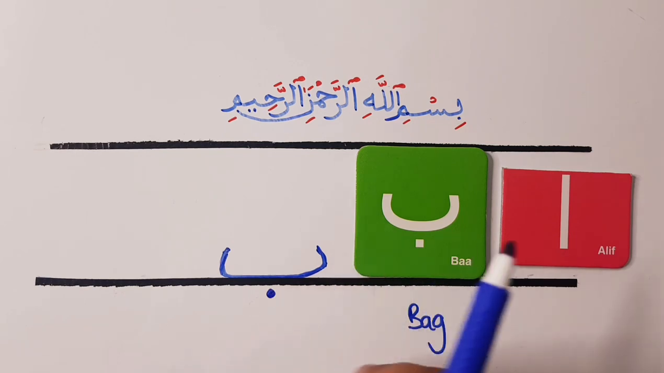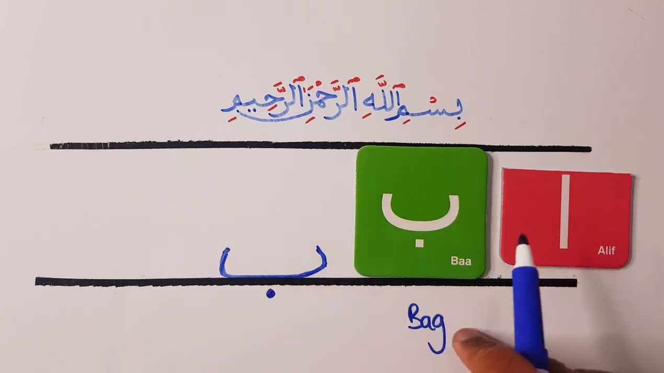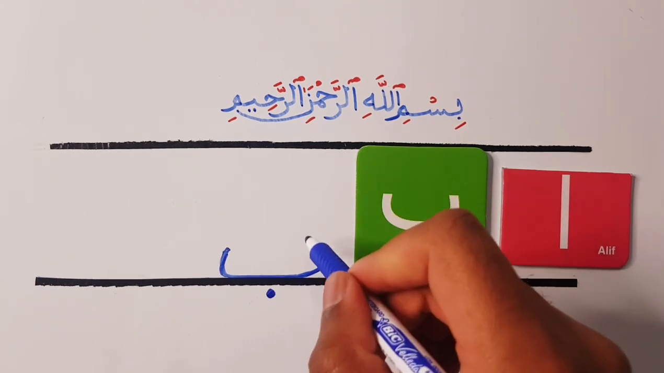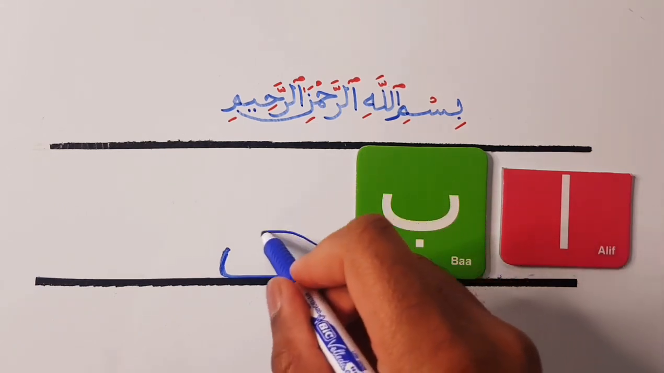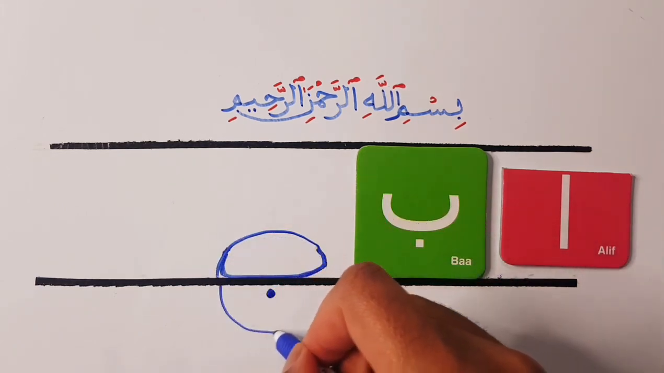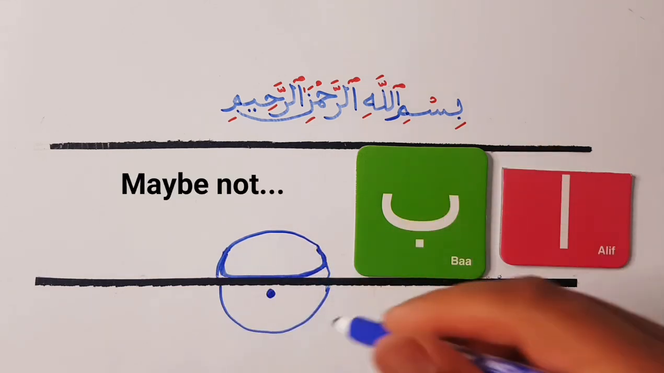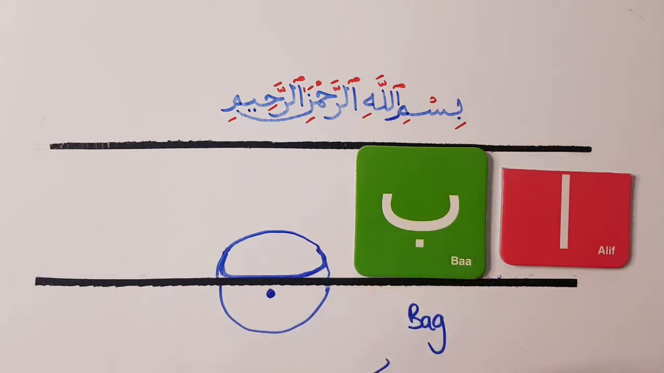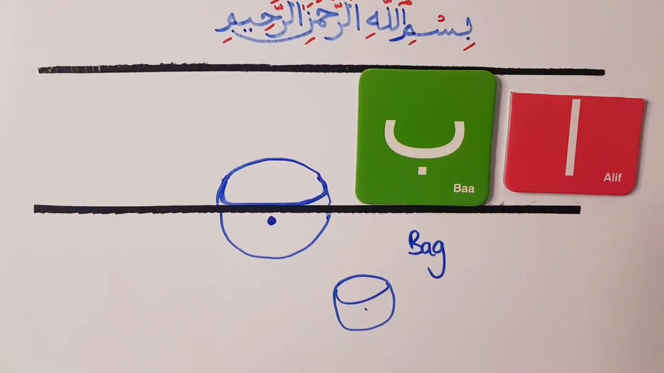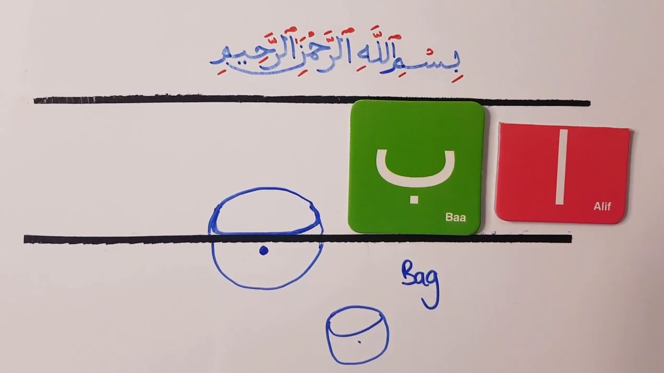Ba, ba, or ba, ba, bag. I like bag because if you do this, then it looks like a bag. If I did it here, I think you see it better. Yani, it looks like a bag. So these